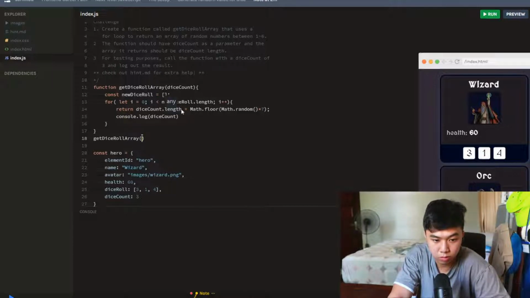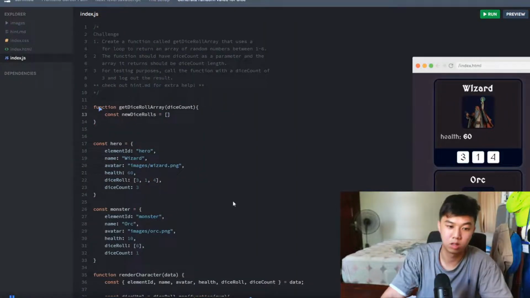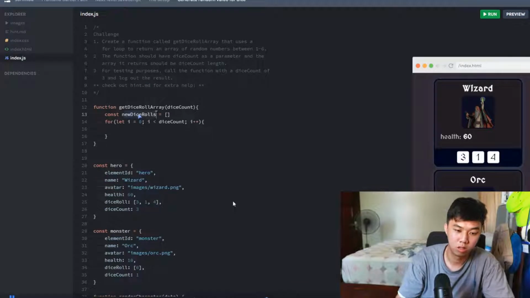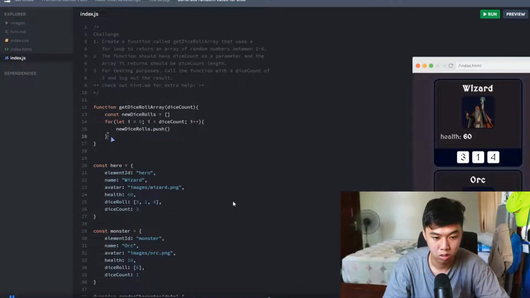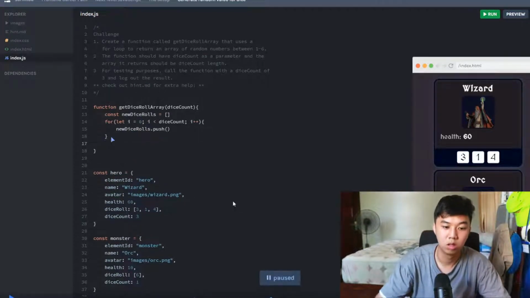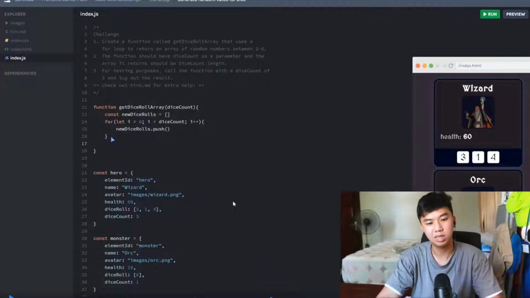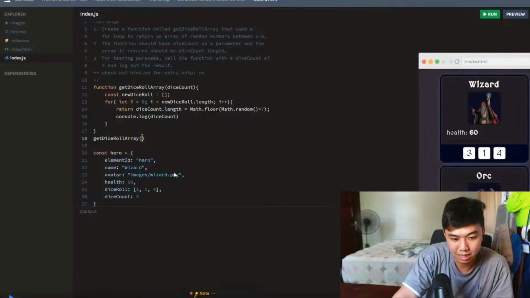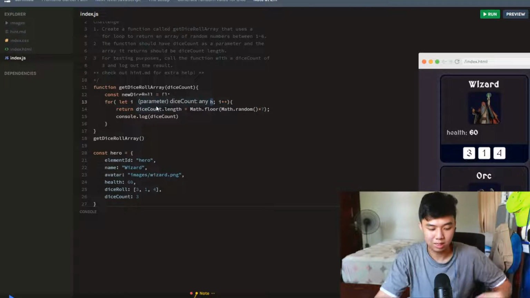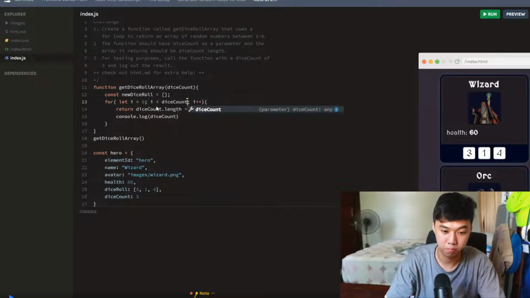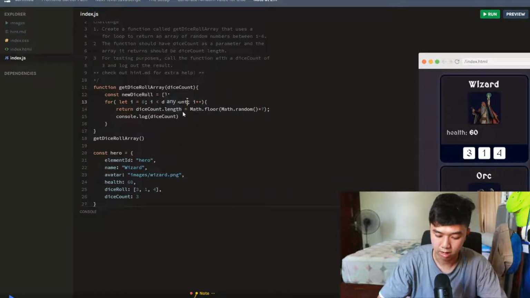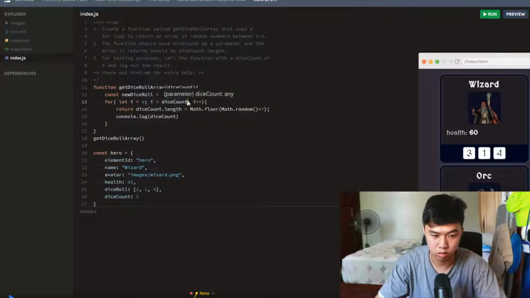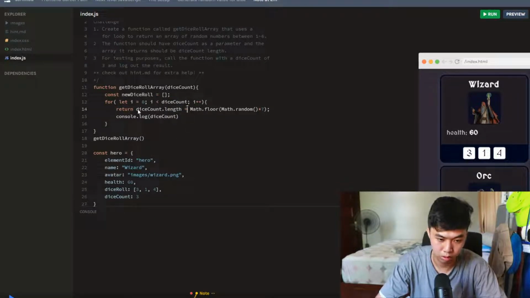Dice count of 3. Initialize it to the values new dice roll to see if it works before we tackle the random numbers. Dice count less than dice count. Why is it dice count? What? Dice count dot length. No, it's no dot length. Should be return